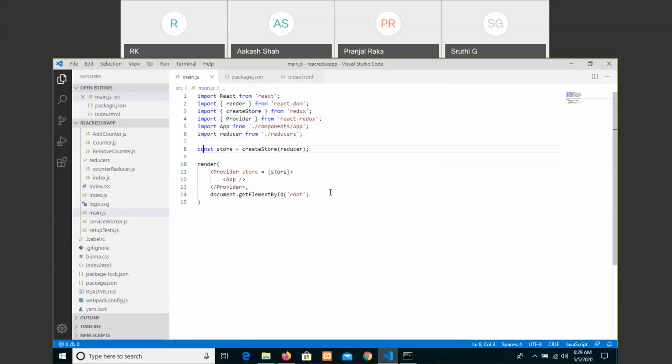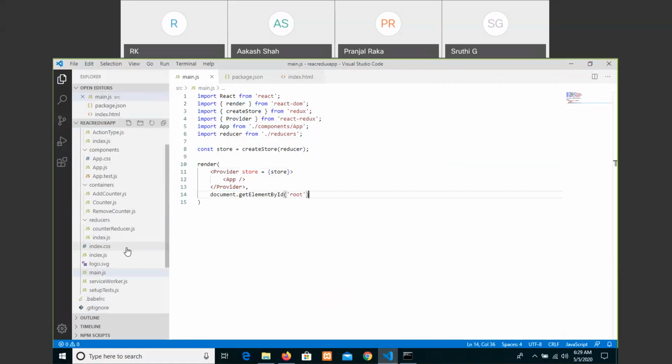Constant store equals create store of reducer, and that is rendering, just setting that value to your property, and this is the store that we have given at the counter place. Then get element by ID. Go to the app.js file in the components.